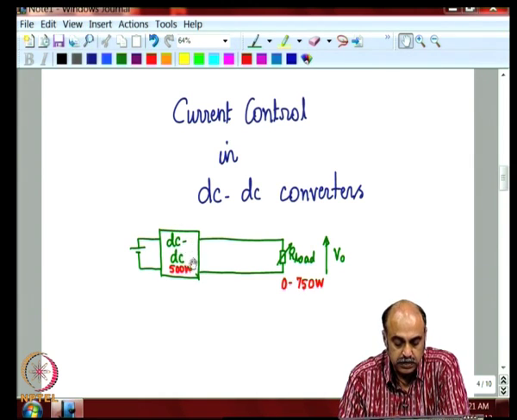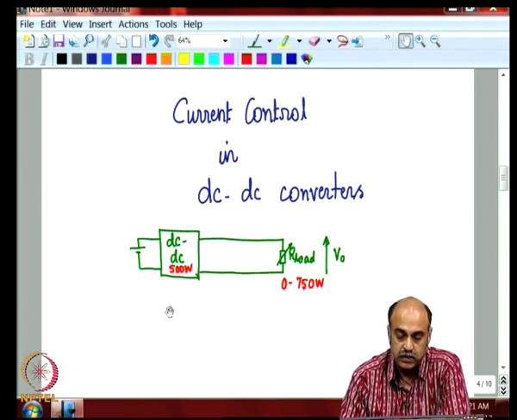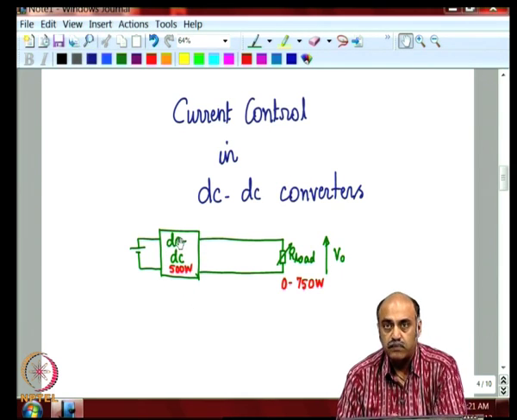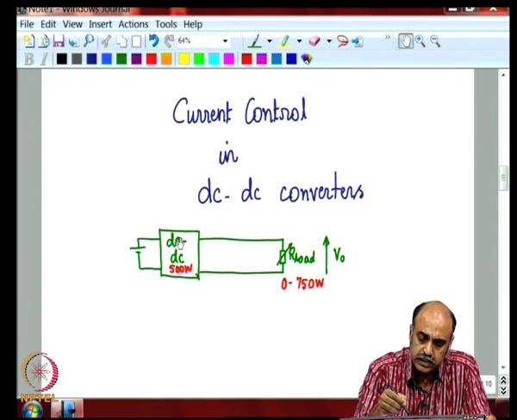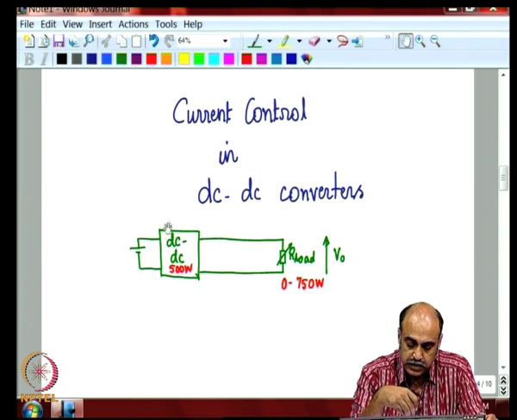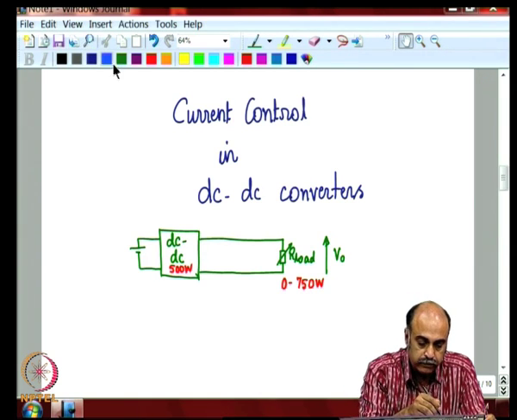Okay, one method is that you design a DC-DC converter which is rated for 750 watts or higher. But let us say in our inventory, we have only DC-DC converters designed and made for only 500 watts. Is it possible to solve the problem with having a smaller wattage DC-DC converter in the inventory and catering to higher wattage loads? Now, that is where